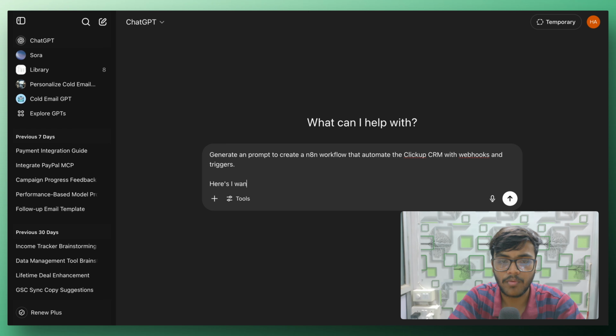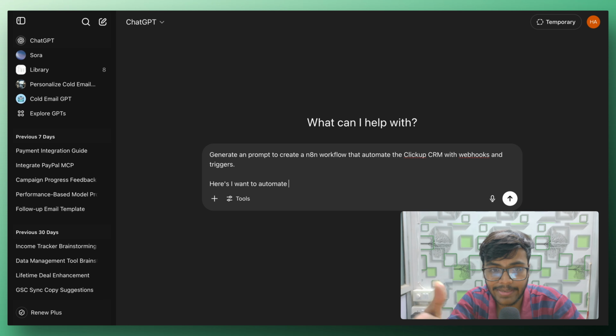Here I want to automate. Again, you have to give this LLM context so that you can get the exact workflow that you need, right? Automate following